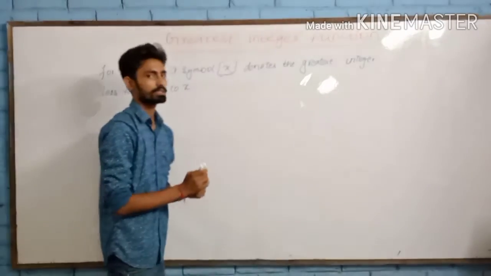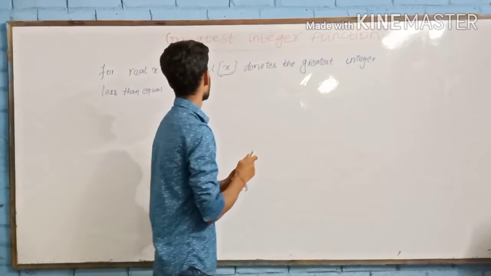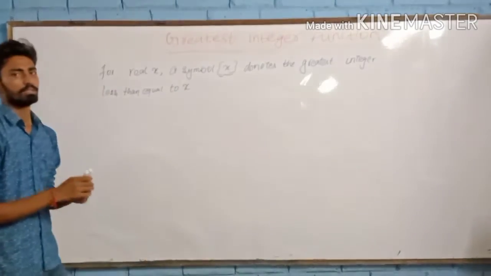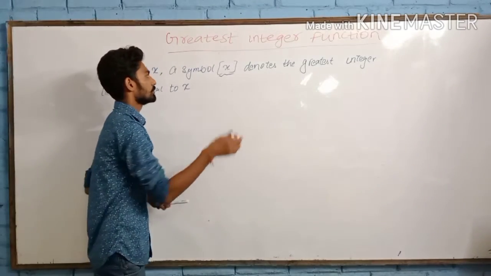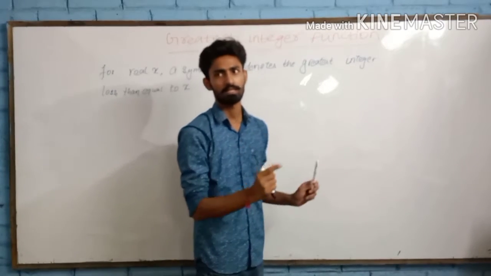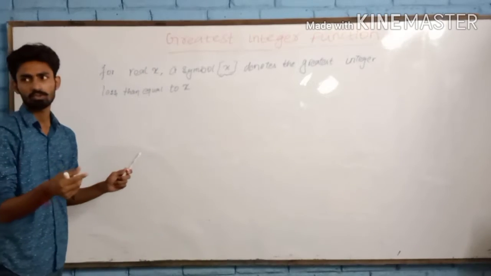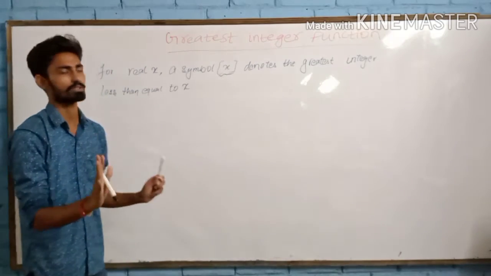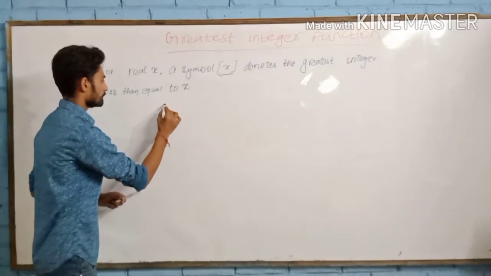Let's come to the new topic, greatest integer function. For any real x, the symbol box x denotes the greatest integer less than or equal to x. मतलब किसी भी रियल x के लिए ये बॉक्स x होता है, वो डिनोट करता है सबसे बड़ा इंटीजर उस x के पहले, ठीक है। मतलब कि कोई भी रियल वैल्यू हो, उसके जस्ट पहले या उसके इक्वल्स इंटीजर उसका ग्रेटेस्ट इंटीजर फंक्शन होगा। लाइक सी एग्जांपल बॉक्स ऑफ